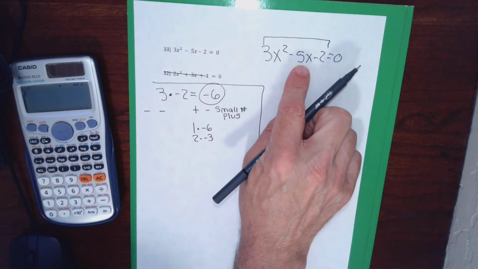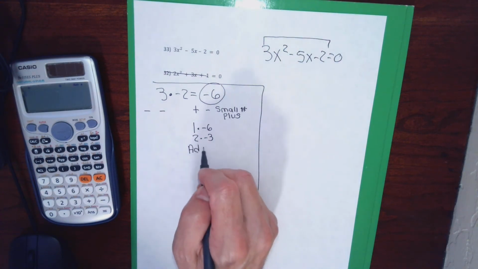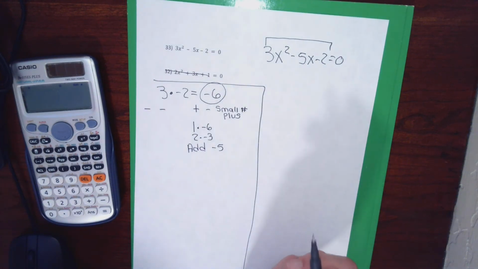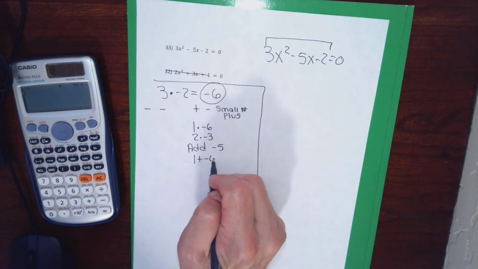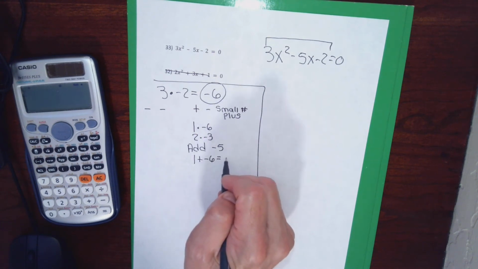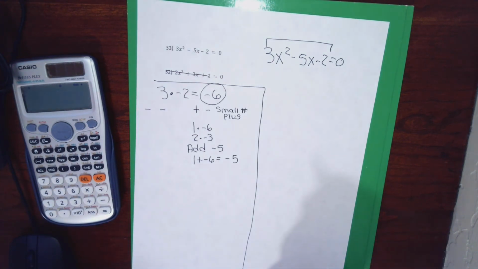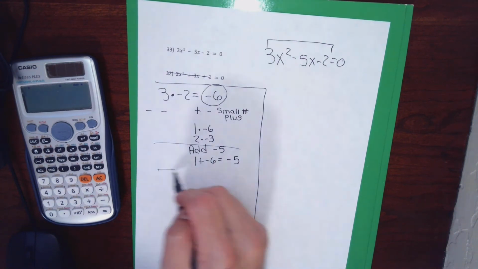Still need to work with this negative 5x. From these 2 pairs of factors I have here, I need to find a pair that add to negative 5. And that's the 1 and the negative 6, because 1 plus negative 6, when you're adding them because they have opposite signs, you subtract and take the sign of the larger. So now I know